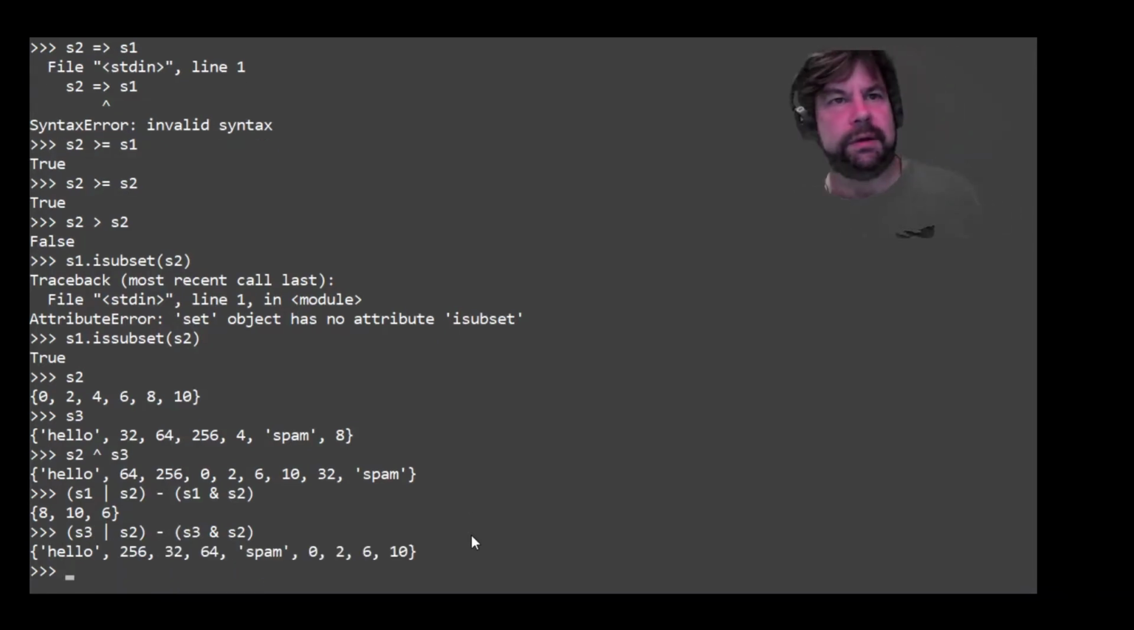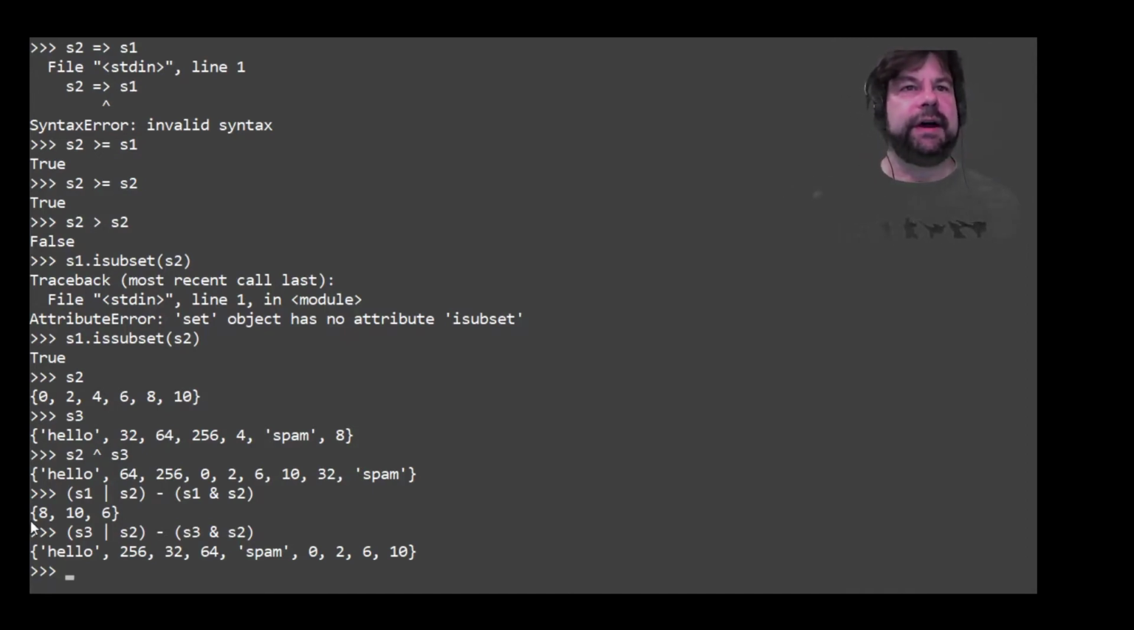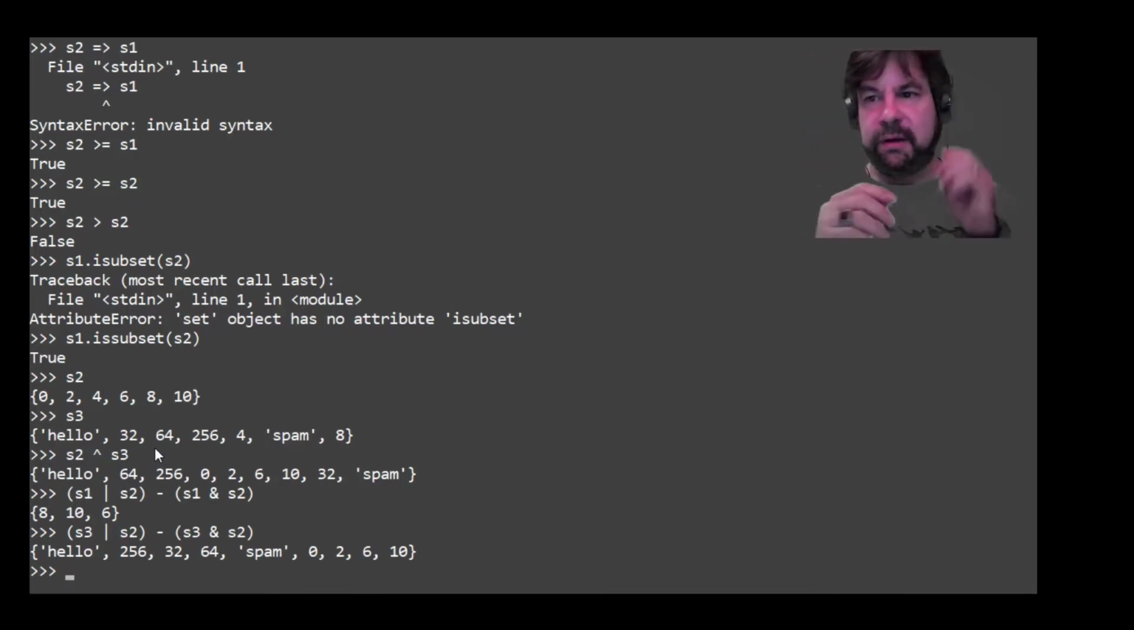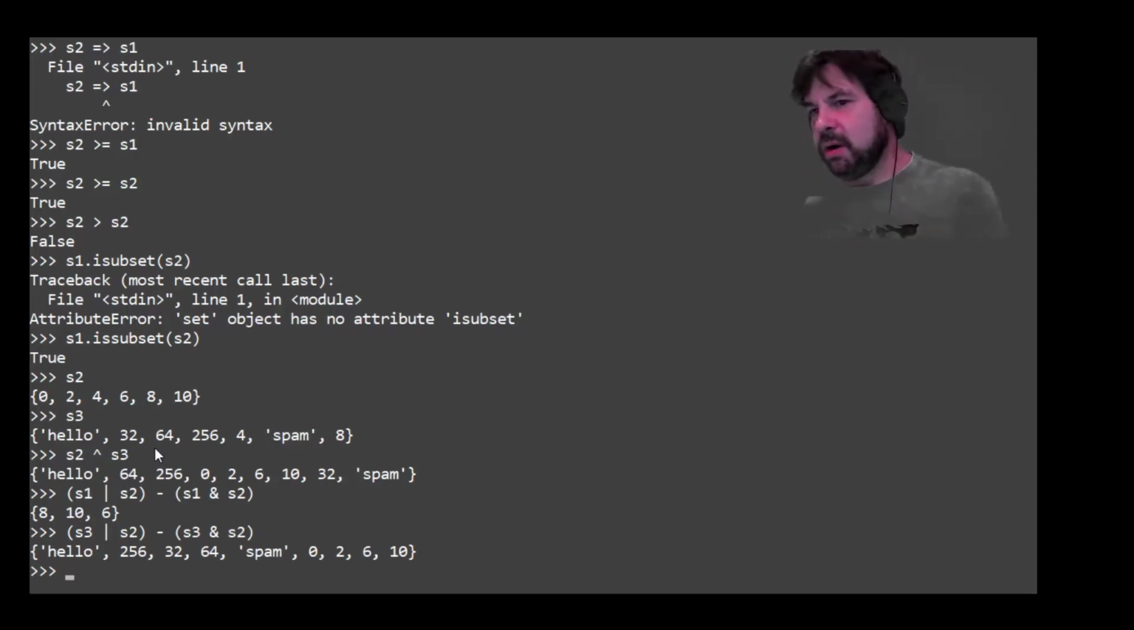There we go. The union minus the intersection. And you notice that these sets are equivalent, but they're in a different order. So that's one of the things you have to be careful of: unless we impose order by essentially converting them to lists, we don't have order, and we have to be very careful of what's actually going on. All right, so